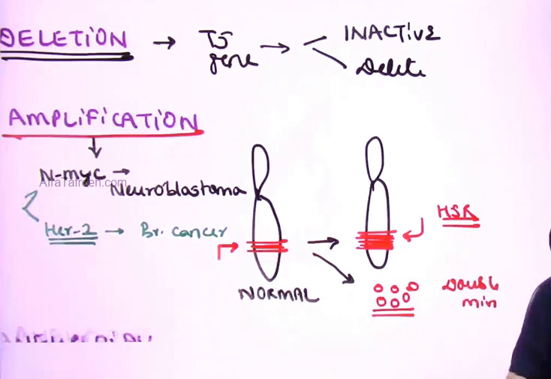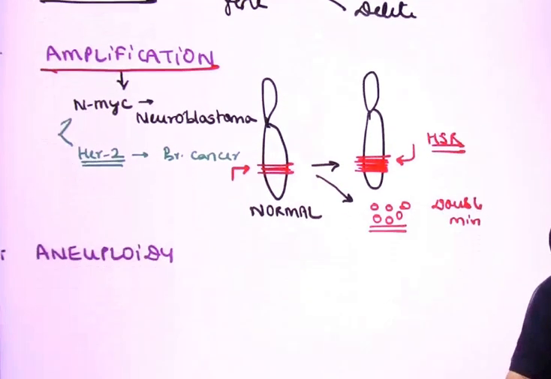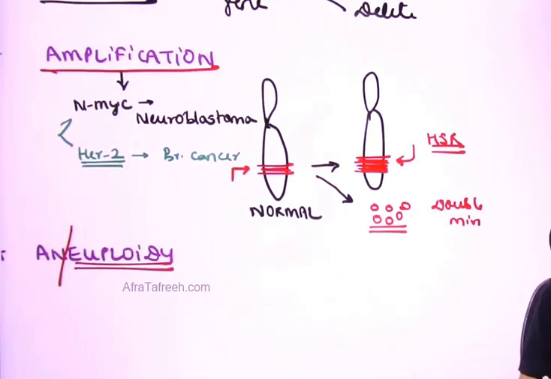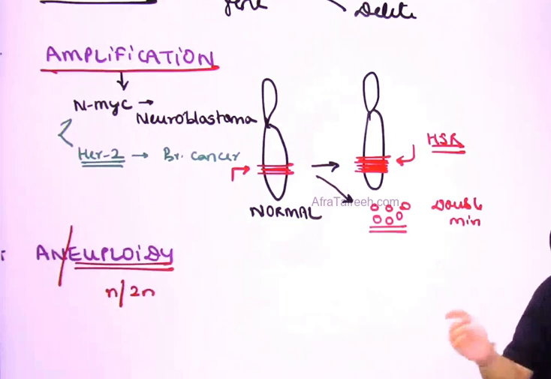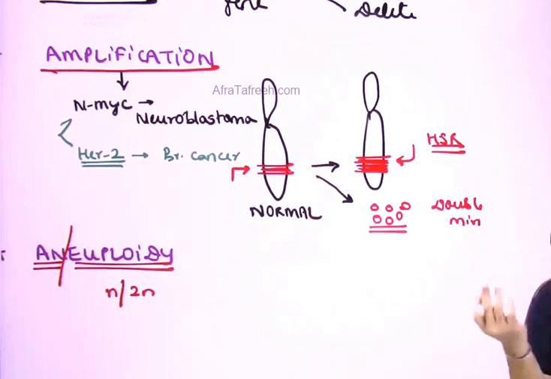So those are the two mechanisms that you must keep in mind so far as amplification is concerned. If I'm talking about something like aneuploidy, the name gives you a hint. Euploidy means you have the exact number of copies, which can be something like N, 2N, 3N, 4N, and so on. Aneuploidy means the number of copies of the chromosome is not an exact multiple of the haploid number. So if there is an extra chromosome, and suppose this extra chromosome contains a proto-oncogene, that means overall the number of proto-oncogenes becomes more, high chances of cancer.